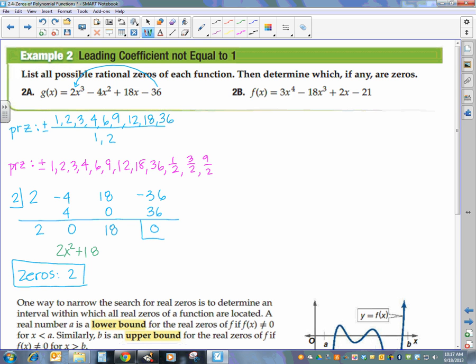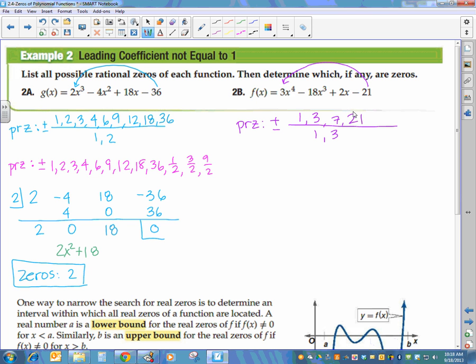Okay, let's look at 2b. We have our possible rational zeros are plus or minus, and remember, they call this P over Q. If anybody says this, that's our rational root theorem, they call P the constant and Q the leading coefficient. So if you say, hey, what's P over Q? They're taking the factors of the constant term, 1, 3, 7, and 21, and putting them over the factors of